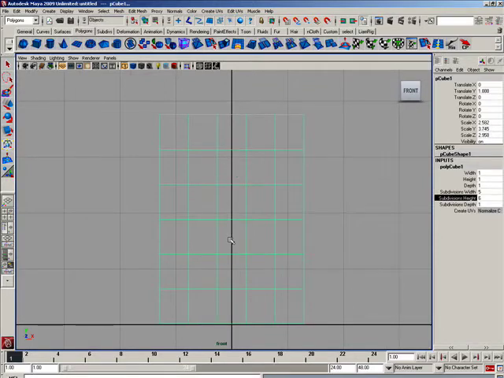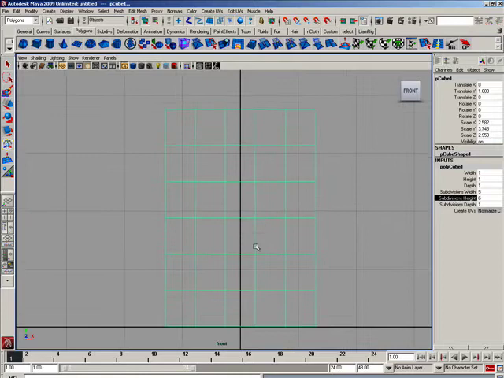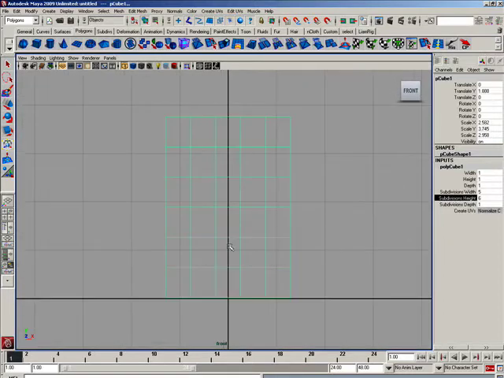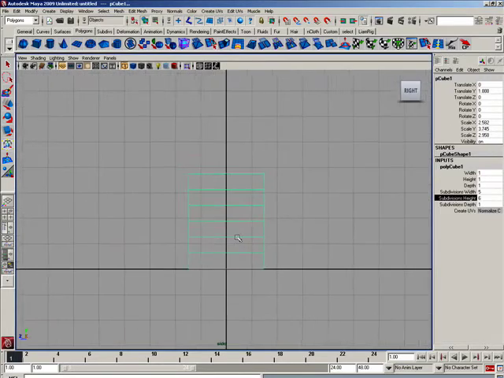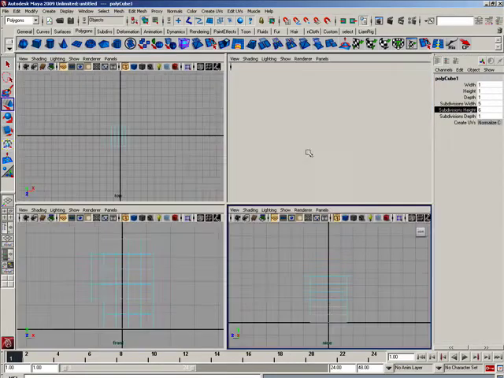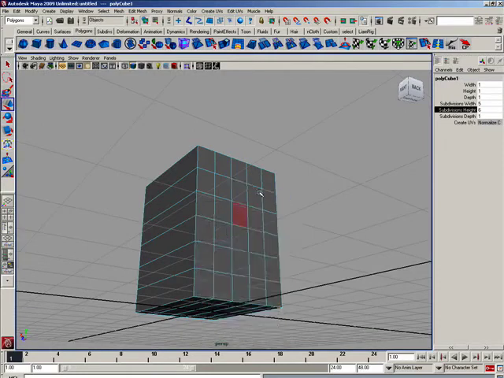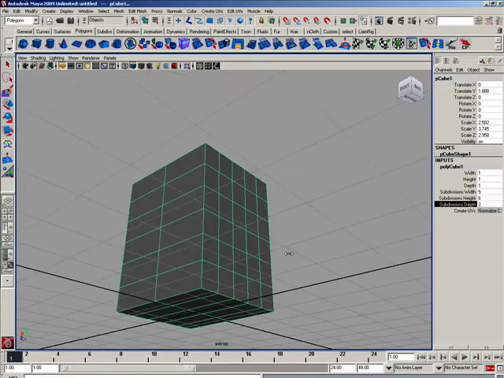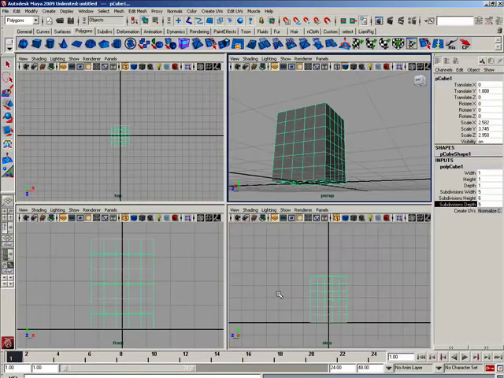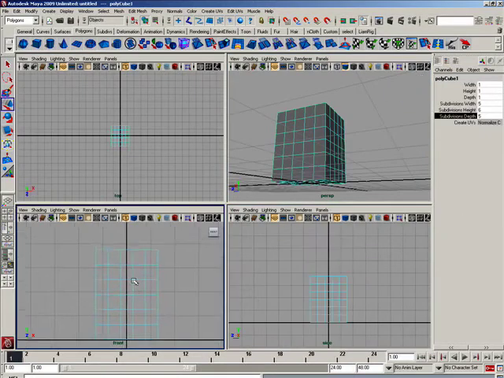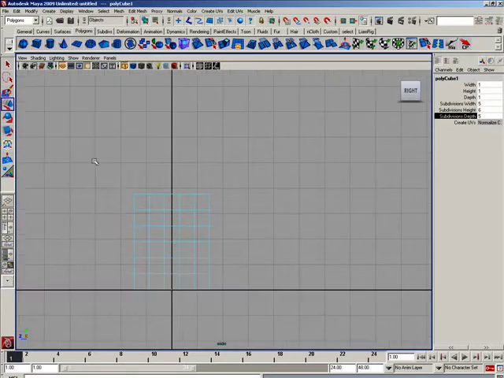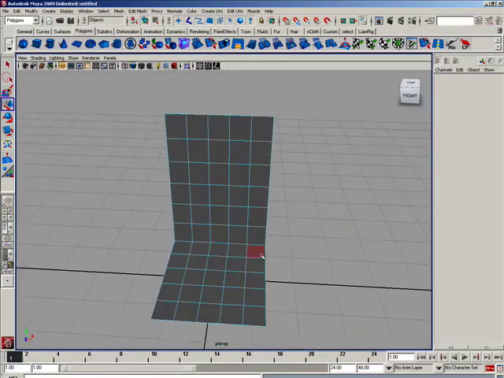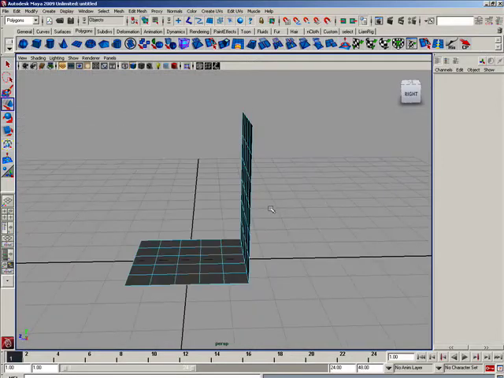So for now I'll keep it to 2, because I do not have any reference for the chair that you people are looking forward to do. So I have these 2 holes, and I'm going to use them to make the thing that I'm going to use. And for the base also I need to have some segments, so let's just add a few in the depth, and that should be good, and later on if we require more we can always add them. Now the next thing I'm going to do is delete all these faces, and this way I would only be left with the base of the chair and the width.